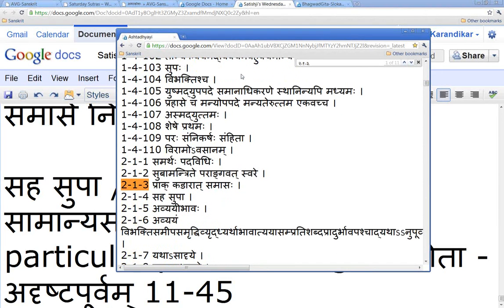Now comes the next sutram, Sahasupa. So Sup, so Samarthena Subante. So Subantam Samarthena Subantena Sahasamasyate. It means that this Subantam will connect with a logically connected Subantam to form a Samasaha. That's the basic idea of the whole Samasa Prakaranam. Now they say that, well, okay, that is fine, but then Panini immediately starts with Avyayibhava. We're going to put these numbers down in the document in a second.